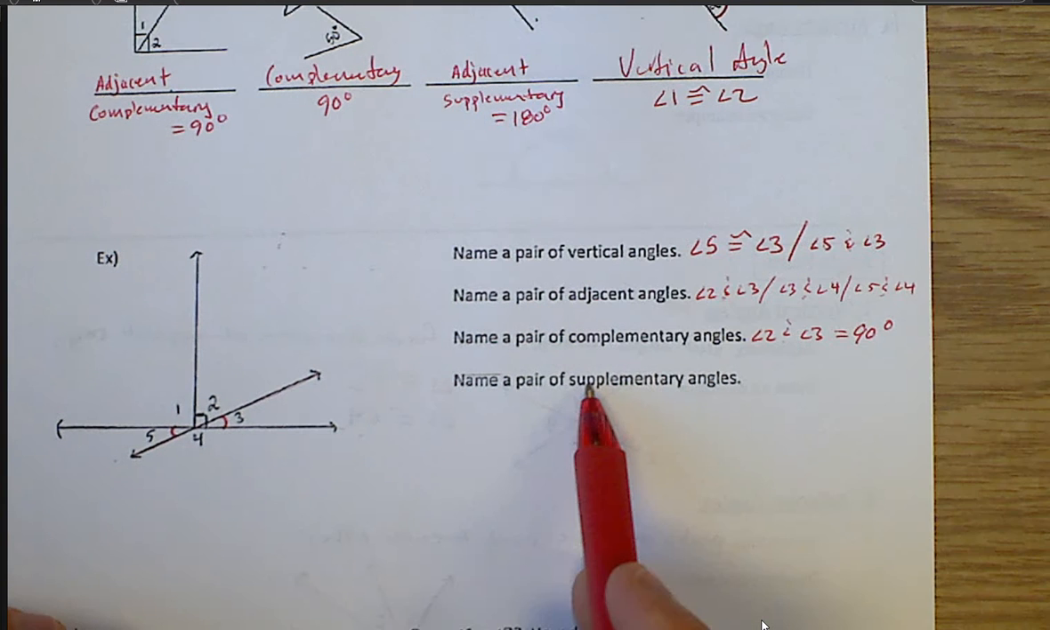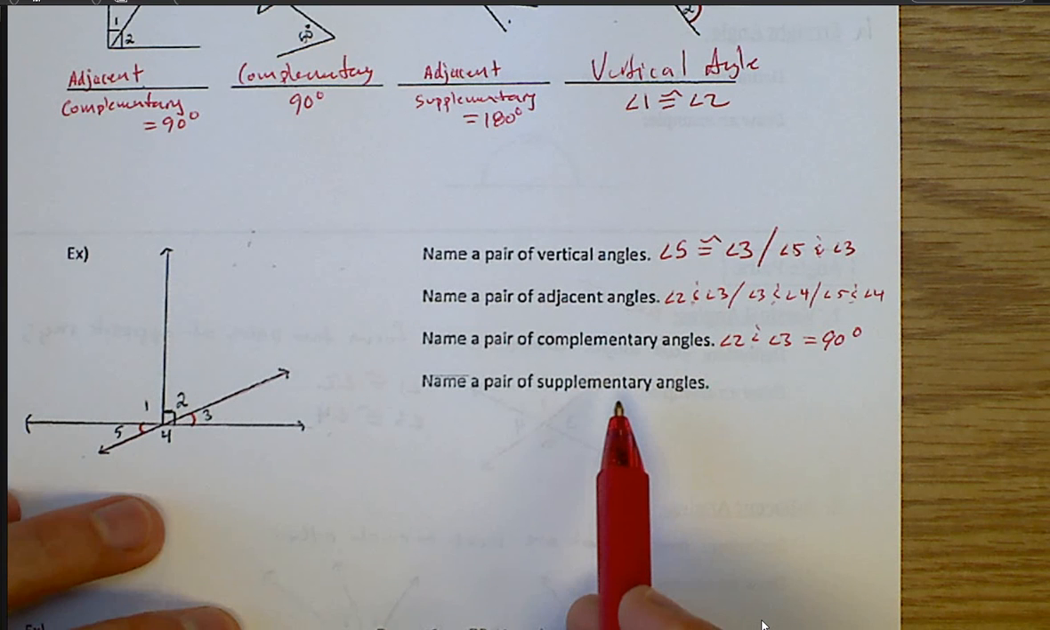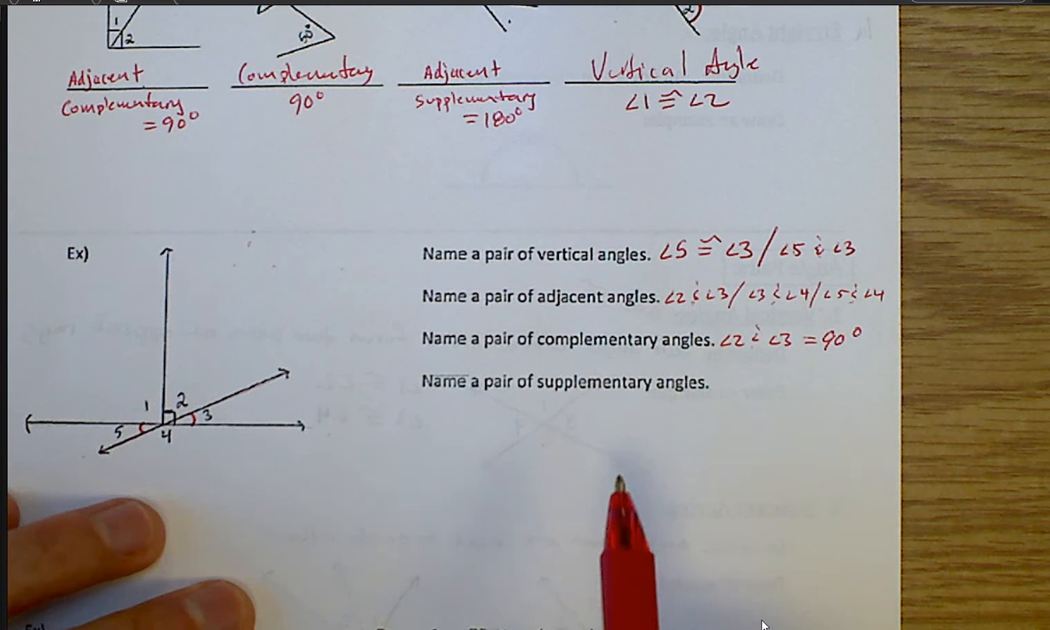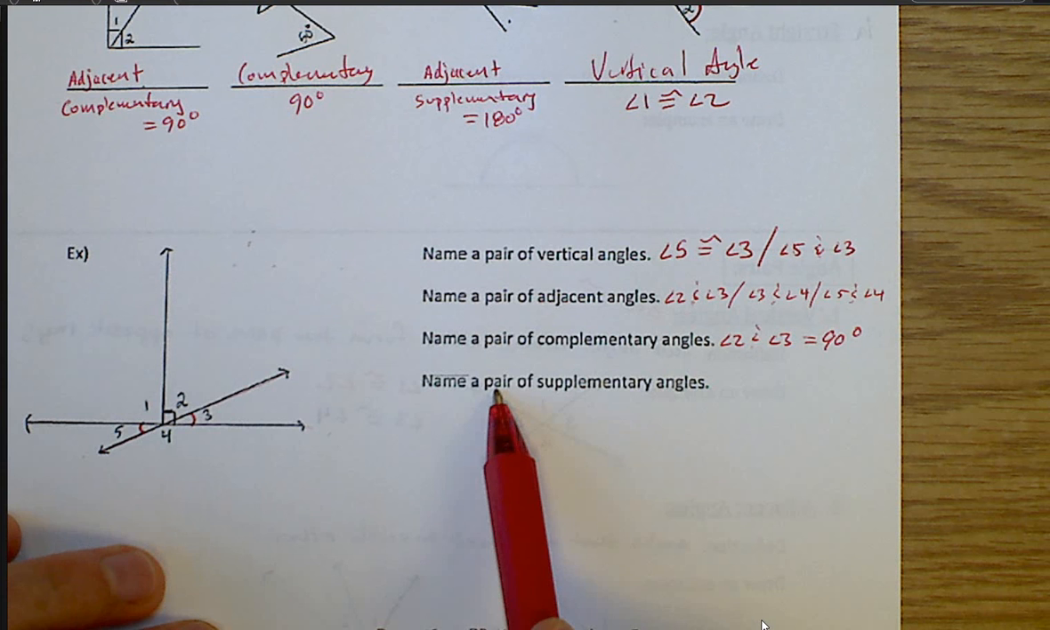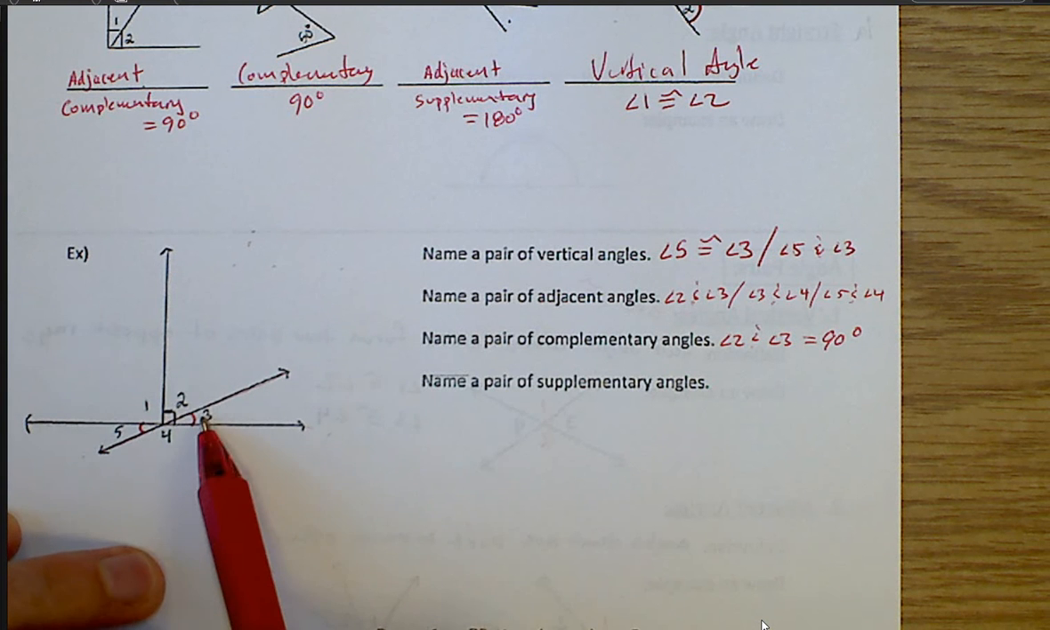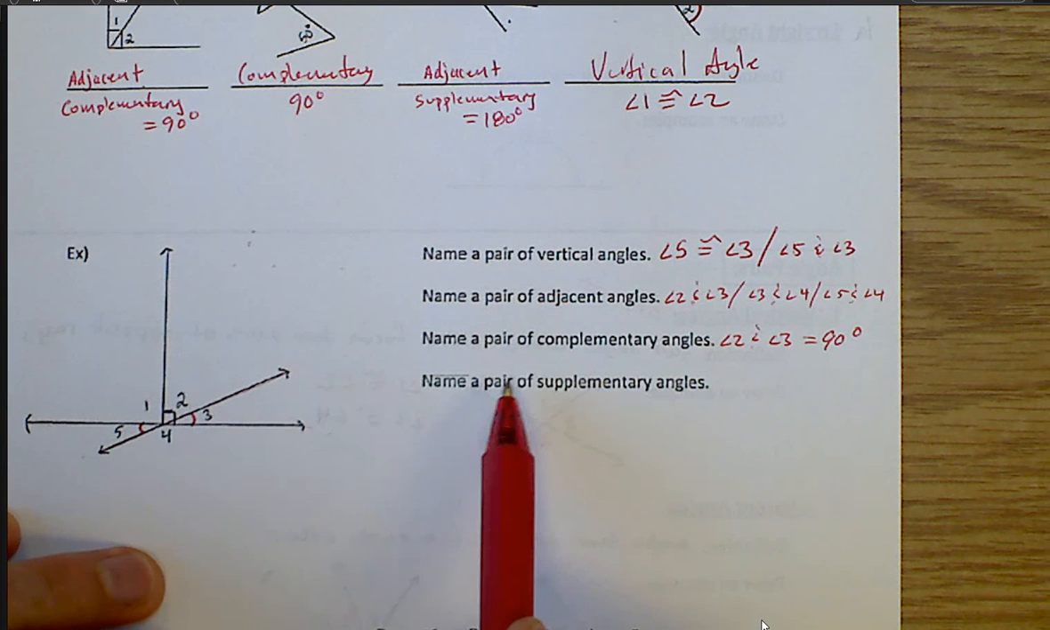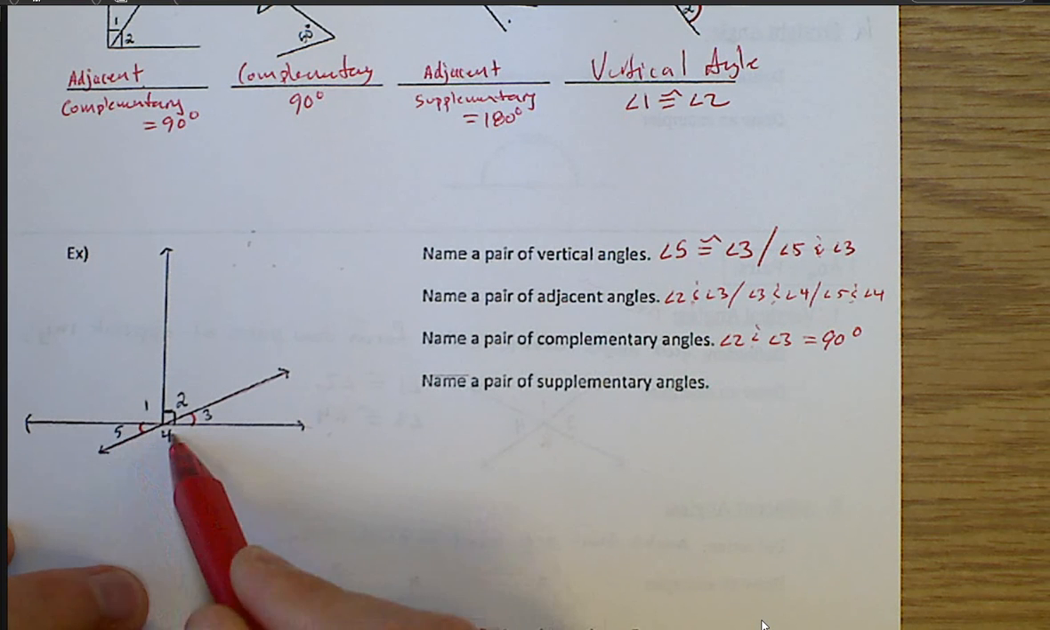Name a pair of supplementary angles. So let me tell you what students will do wrong here. A lot of students will say 1, 2, and 3. Well, that's correct, but that's not a pair. A pair is 2. So 1, 2, and 3, yes, it does make 90. We just want a pair. So my eyes immediately go to 5 and 4. If I look at angle 5 and 4,